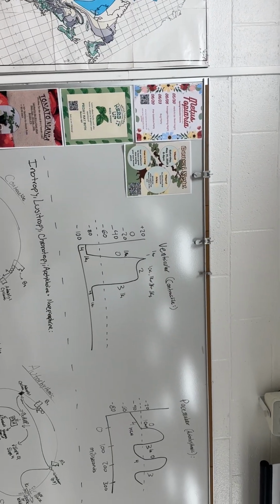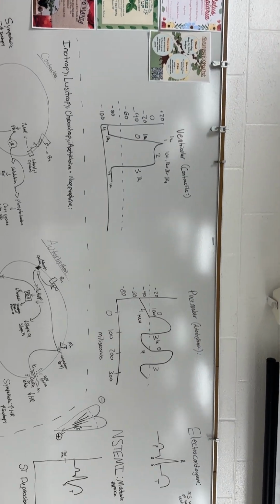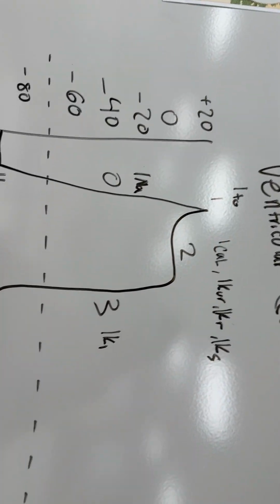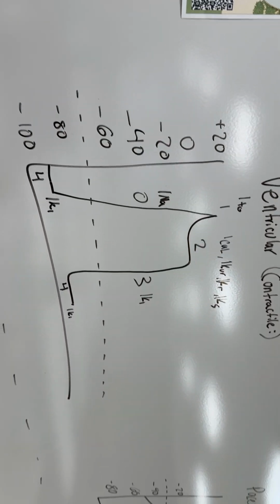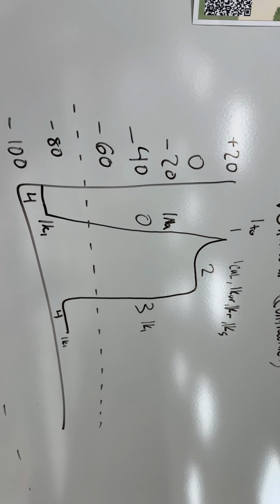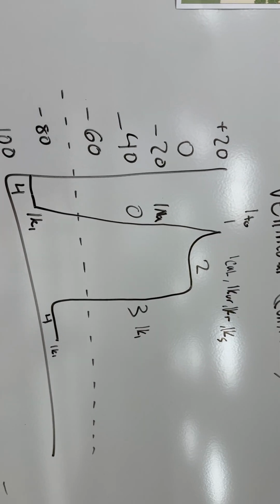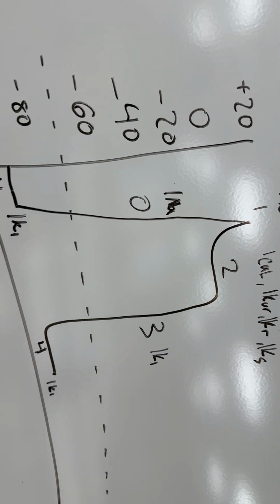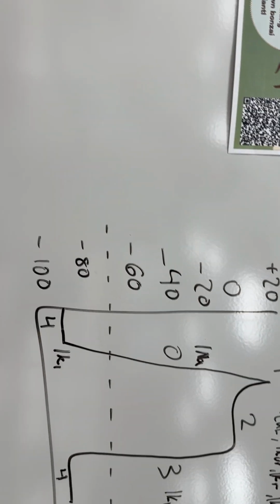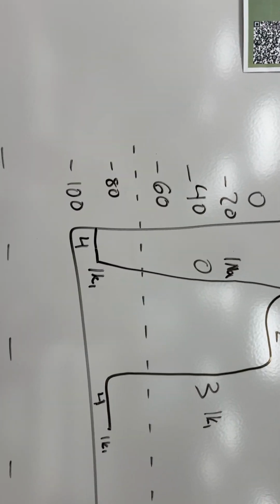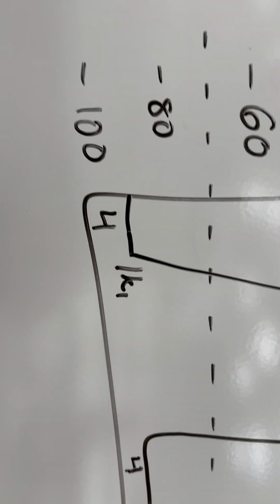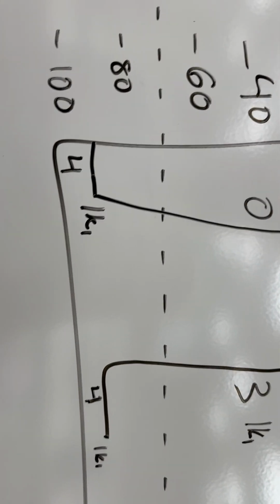So to begin, let's go over the different action potentials between the ventricular and the pacemaker cells here. In our ventricular or contractile cardiac muscle cells, basically what differs from a skeletal muscle or a smooth muscle is that we have this plateau here. So let me go over this real quick. In a ventricular contractile cell action potential, you have your RMP, stage 4, which is maintained by potassium